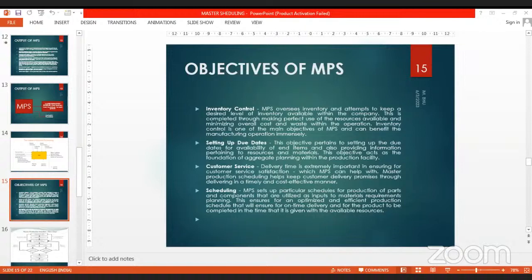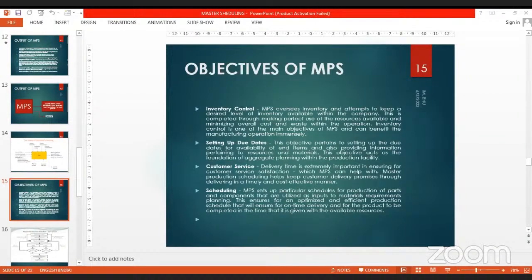Customer service. Delivery time is extremely important in ensuring customer service satisfaction, which MPS can help with. Master production schedule helps keep customer delivery promise through delivering in a timely and cost effective manner. Scheduling.